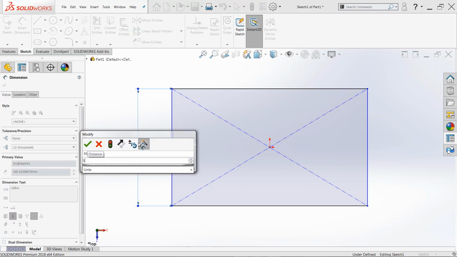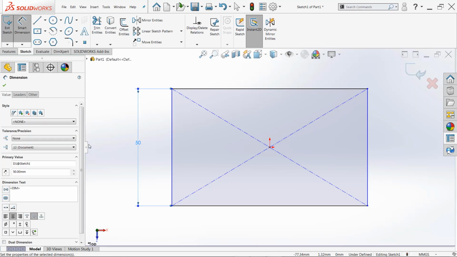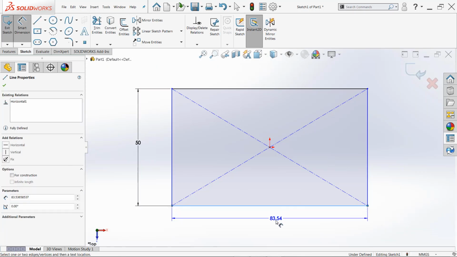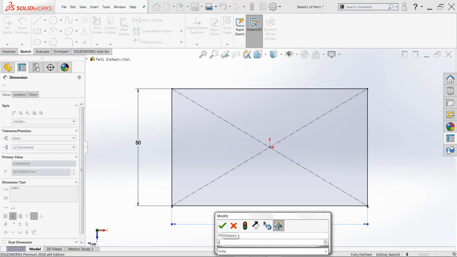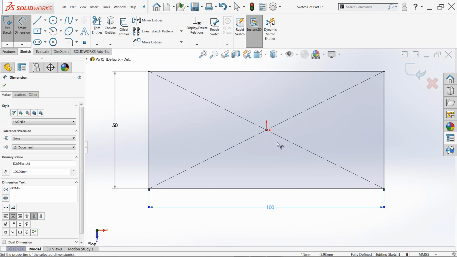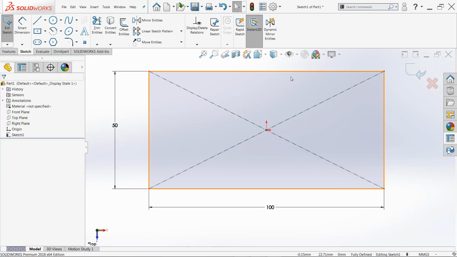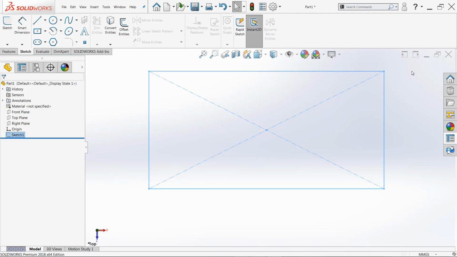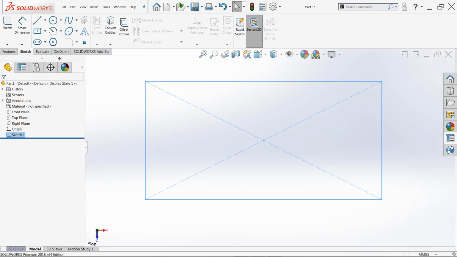We'll give this a dimension of 50, and remember, for the first dimension that you place, it's going to scale the sketch for you, and so it's not going to look like it did anything, but our second dimension here for the width at 100 is going to stretch it just a little bit. That's all it takes to fully define this sketch, so we can exit the Smart Dimension command. We'll come back over to the confirmation corner and exit this sketch, and we're going to then move over to